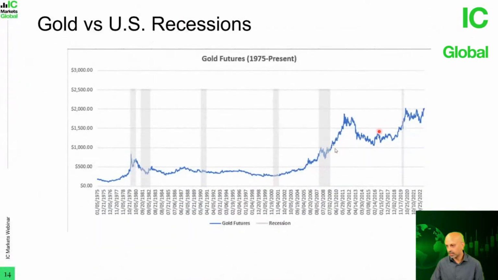So when we look at these charts here, you can see, in the first recession in 1980, gold did serve as a good hedge as the recession started, but it then pulled back. And then in the second recession in 1981, it did not function as a good hedge. It actually continued to drop lower, and only started to increase as the recession was ending. Then in 1990, 1991, it sort of just went sideways. It didn't really do anything. Even in 2000, when we had a major recession, gold didn't really do anything either. It was pretty much flat.